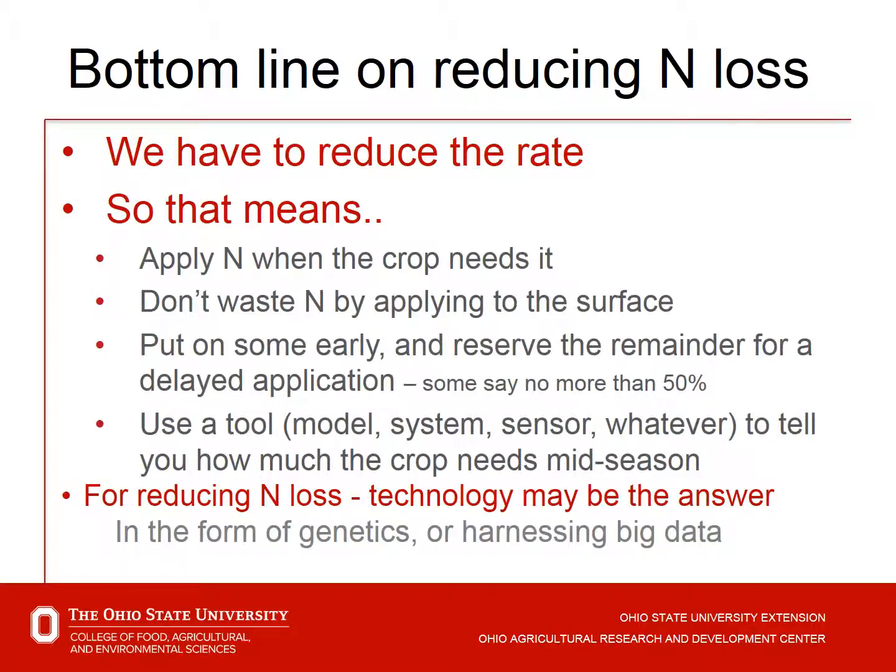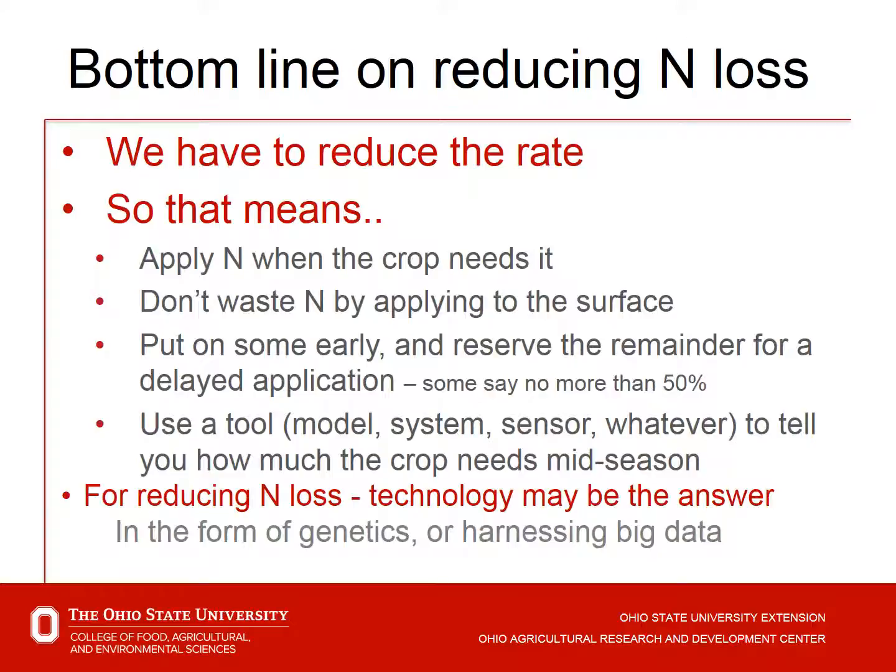And then for reducing nitrogen loss, I think technology is going to be the answer in the form of managing more and more data. We probably need, I've been told, perhaps 6 to 7 layers of information to make that right nitrogen rate application recommendation. So we need to think about how we manage that big data. And also, I think there's potential in farm genetics. We're not there yet with having a corn hybrid that will make its own nitrogen, but we are moving in a direction to improve the efficiency of that system to either operate on less nitrogen or be able to take up nitrogen